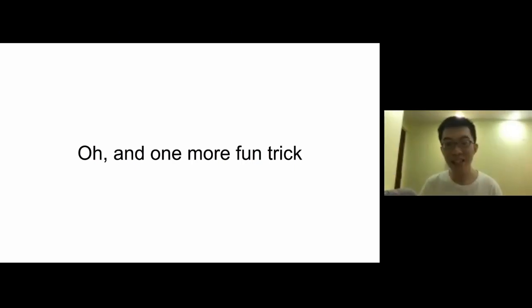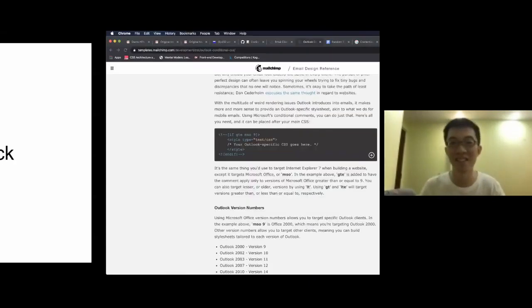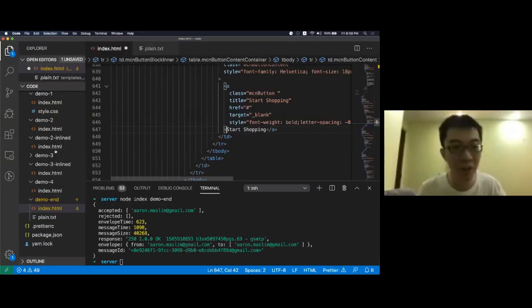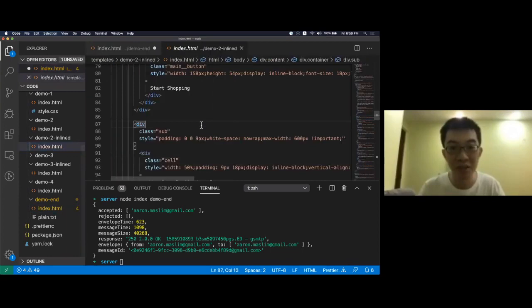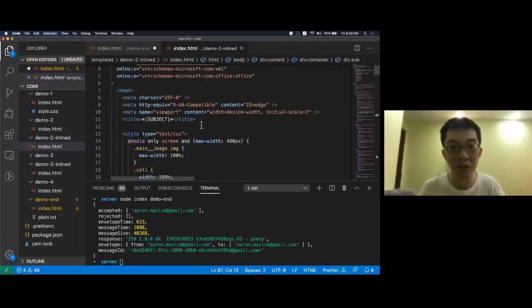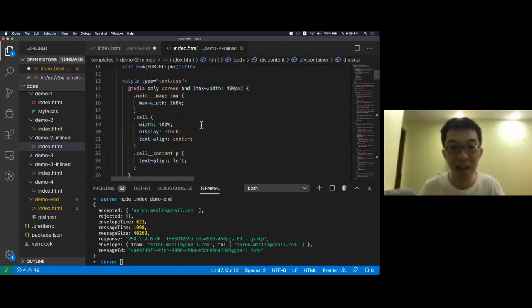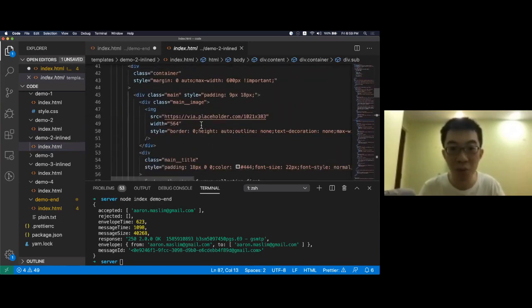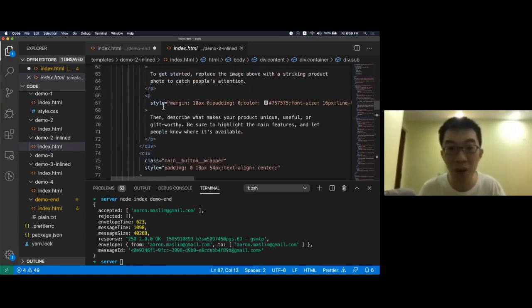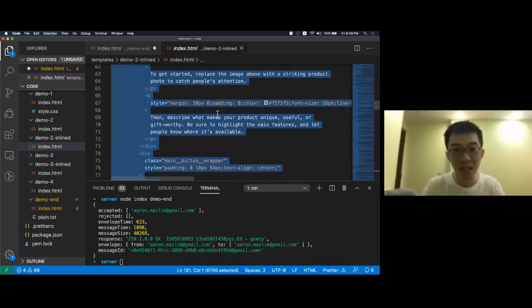Let's say you want to send out an HTML email, right? But you are just too lazy to set up all the credentials, all the SMTP, and all stuff like that. What you can do is like this. But there's a prerequisite. You will need your styling to be inline for this trick. This is the same code as the demo 2 just now, but with all the styling inline. So what you need to do is copy your whole index.html,